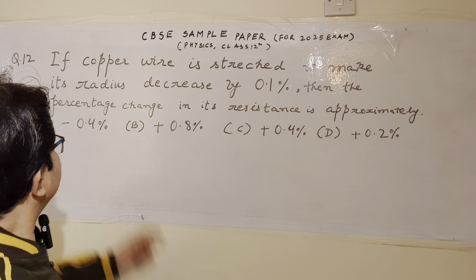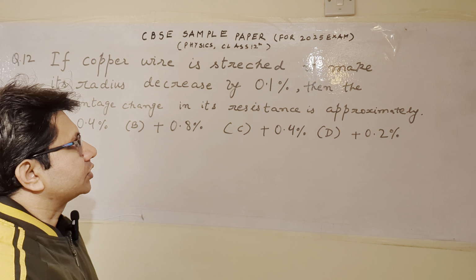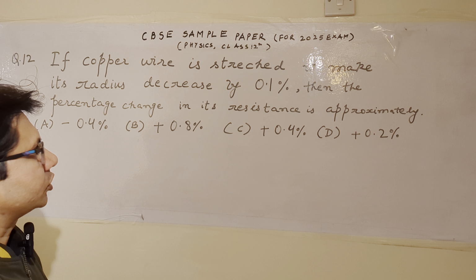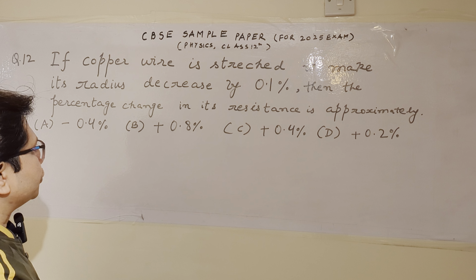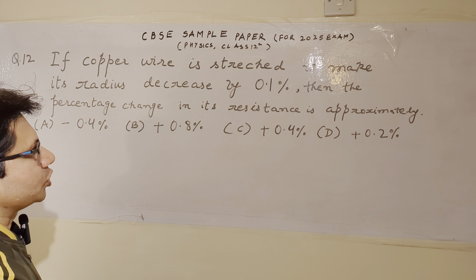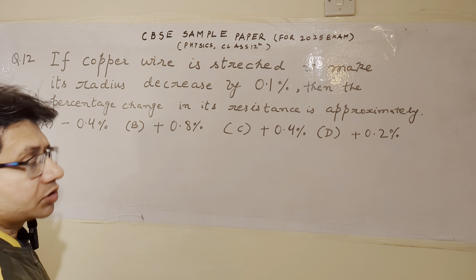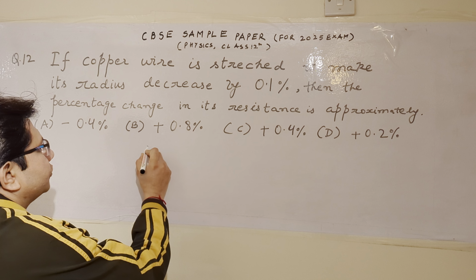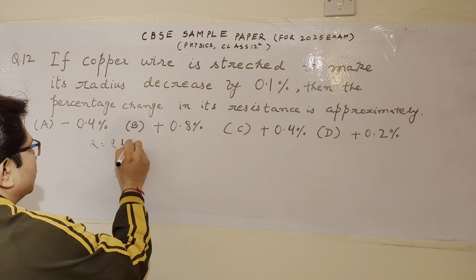Now the question is, if copper wire is stretched to make its radius decrease by 0.1%, then the percentage change in its resistance is approximately: option A, minus 0.4%; option B, plus 0.8%; option C, 0.4%; and option D, 0.2%. So the problem is based on some basic formulae, such as R equals rho L upon A,